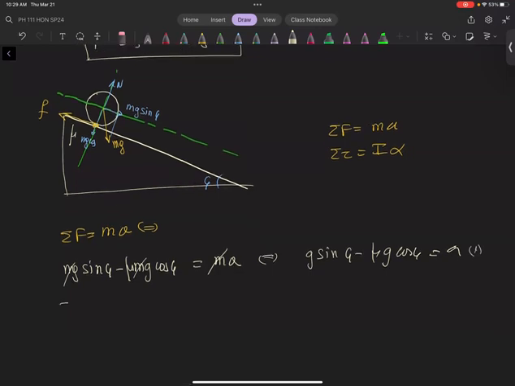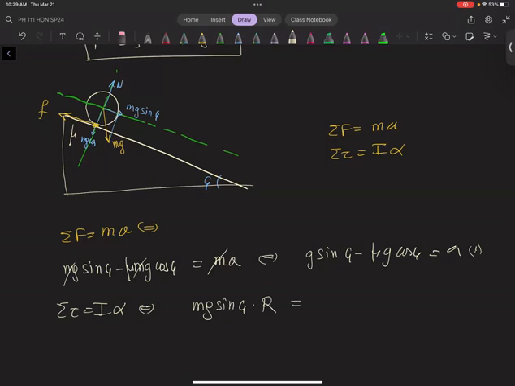Equation 2, sigma of the torques equals I alpha. What force is producing the torque? Again, now we have defined the reference. What force is producing the torque? The weights. Which components? The sine, the x component, yes? Of course. So you get mg sine phi times r equals the moment of inertia